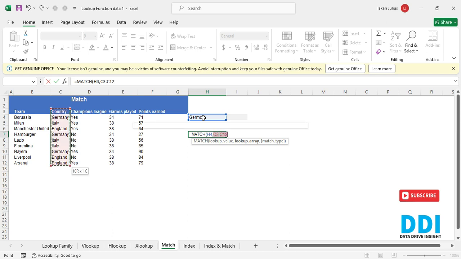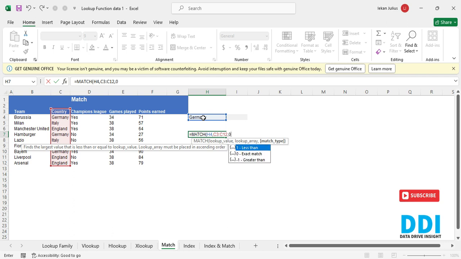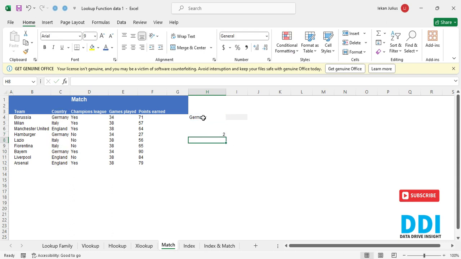Once you highlight, again comma, ensure you put 0 in your match type to signify exact match, not less than or greater than, then close the bracket and press enter. So once you've done that, you can see it's telling us that Germany is located in row 2,